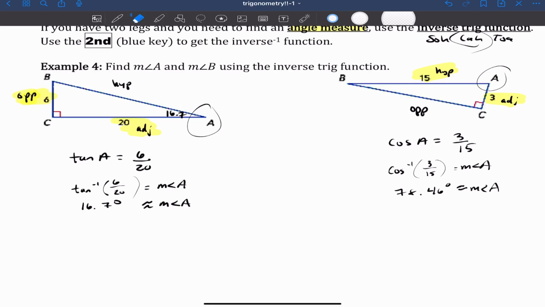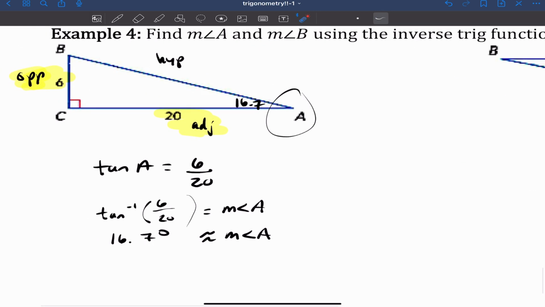That was fun. Hey, I'm back. So do you remember that I crossed out measure angle B for no reason? Y'all, if you found what measure angle A is, and you have a right triangle, look at this. You have